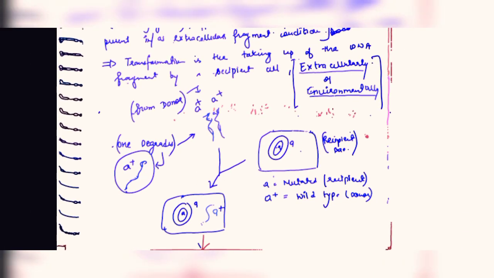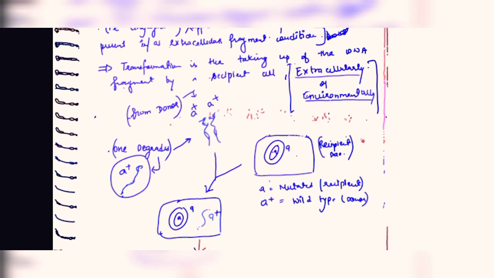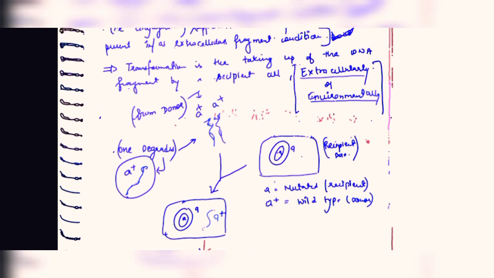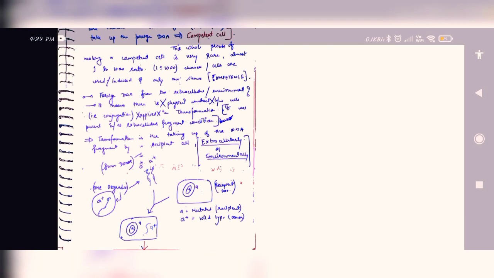So what happens when the fragment comes from the donor cell is that one fragment gets degraded and only one fragment enters into the recipient cell. Only one fragment entered and one degraded. Here we can see only one fragment has entered, one degraded, and the recipient cell already has a mutated A fragment of the genetic material. Next,